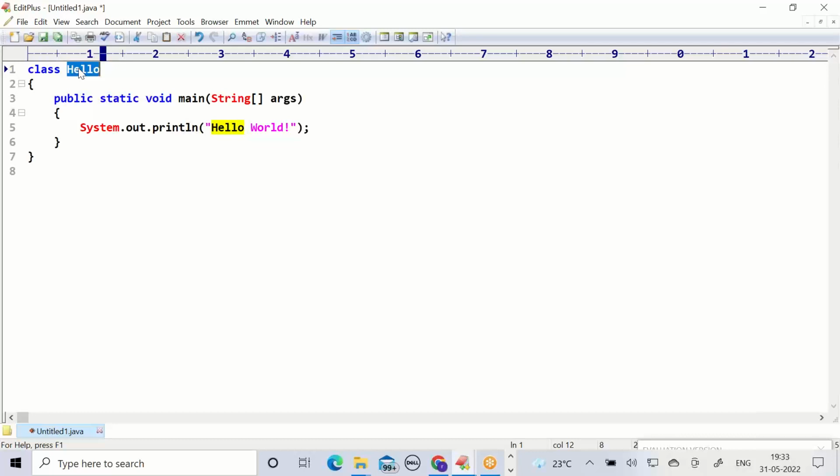It's an industry convention. Whenever you are giving a name to the class, the first letter is advisable in uppercase, but it's not mandatory. You can develop with lowercase also, but choosing a lowercase first letter for the class name is very discouraged. Don't go for h in lowercase. Try choosing the class name first letter in uppercase. Only Hello I typed. You also just Hello. Copy this Hello.